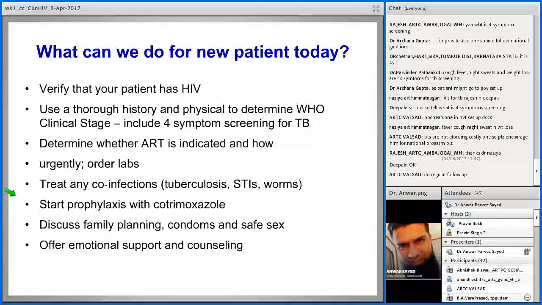Discuss family planning. Now family planning doesn't mean abortions. Family planning doesn't only mean condoms. It means things which are beyond that. For example, if a young lady comes to you and you know that this lady has a potential to become pregnant, then you need to counsel them on the right time to become pregnant. Suppose the viral load is very high, obviously you do not have access to viral load, but you are seeing CD4. If CD4 is, suppose, 200, what will be the viral load? It is expected to be on the higher side. That is not the right time to become pregnant.